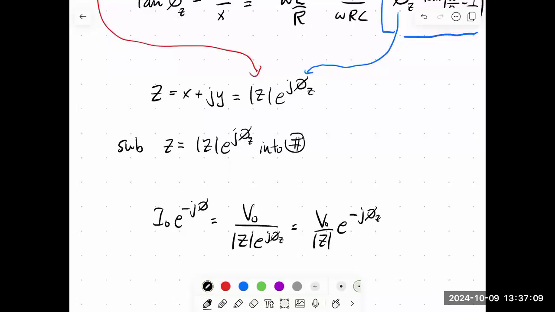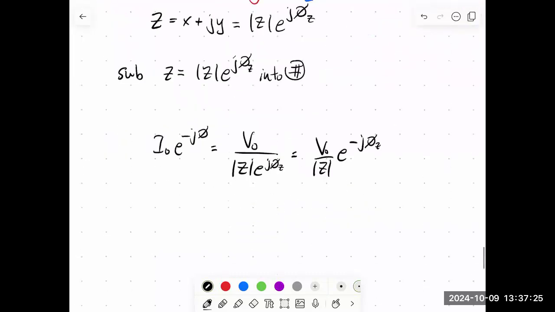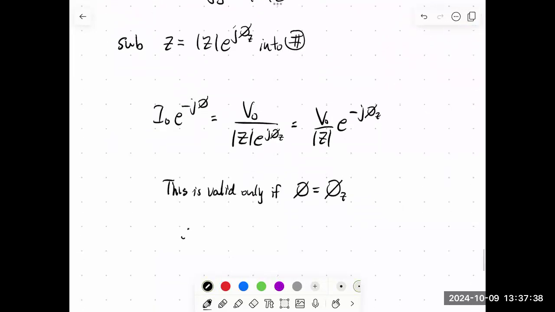The stuff inside the exponential, the only way these two expressions on the far left and the far right are equal is if the stuff in the exponential are equal. They both have a minus j. And so that means this is valid or true only if phi is equal to phi z. And so therefore, the phase of our current in the LRC circuit